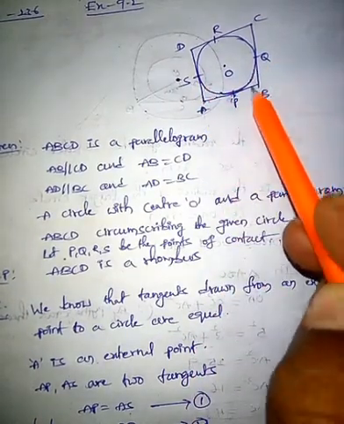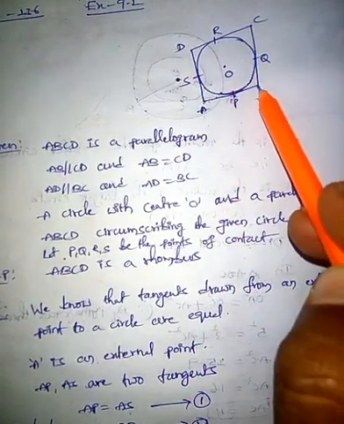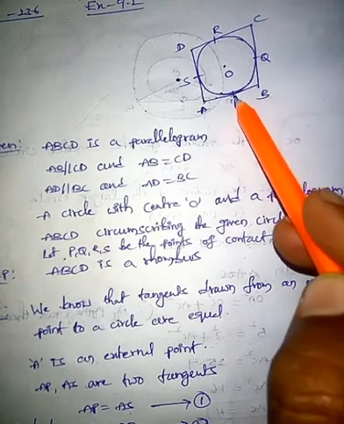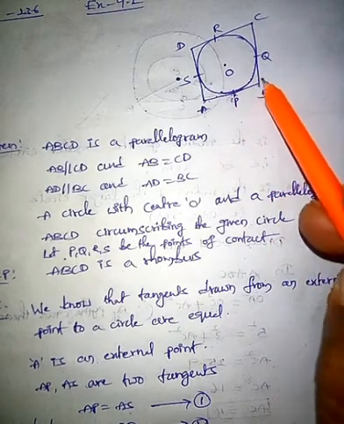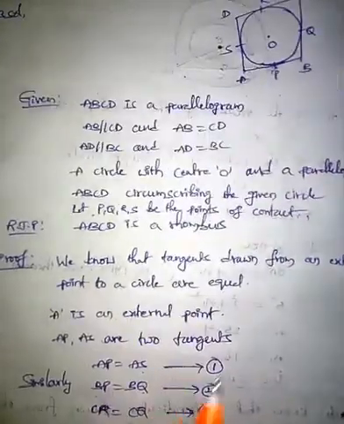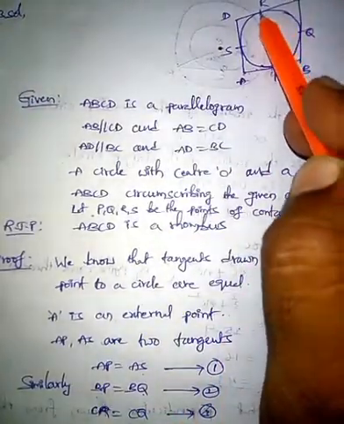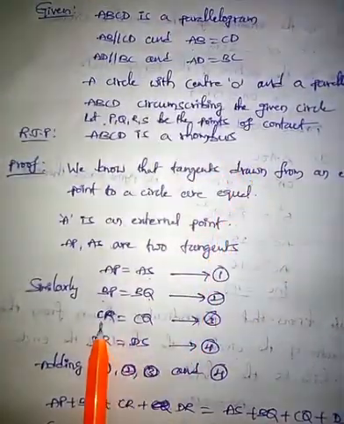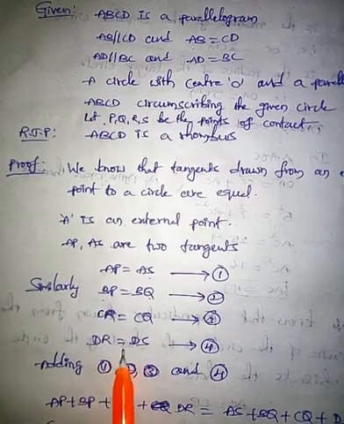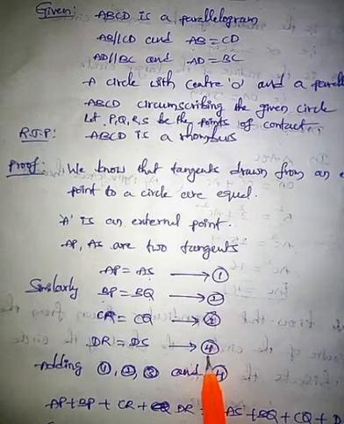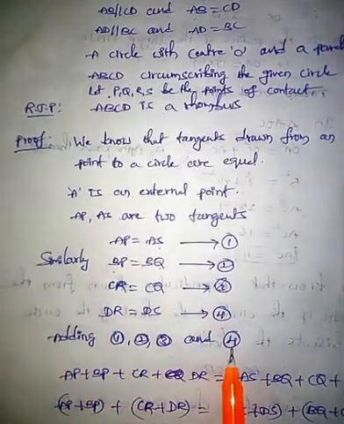Similarly, B is the external point and BP, BQ are two tangents which are drawn from this external point. Similarly, that we have discussed in previous class, BP equal to BQ because these two tangents are drawn from this external point. Okay, similarly BP equal to BQ, and in this way CQ equal to CR, these are two tangents, and similarly DR equal to DS. I wrote here CR equal to CQ, DR equal to DS, and name these four equations as equation 1, equation 2, equation 3 and equation 4. Now adding these four equations.